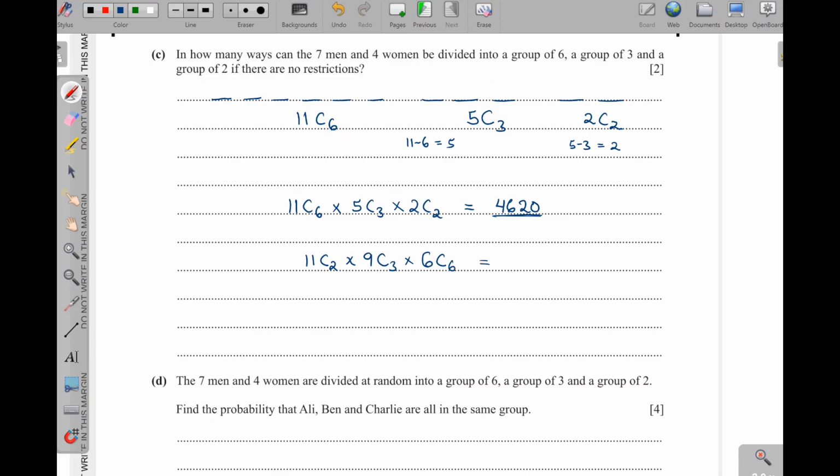And very many, you can begin from here. You say 11 combination 3, then times 8 combination 6, then you are remaining with 2, then 2 combination 2, whichever you want. Okay? So just because I started with a group of 11, with a group of 6, it doesn't mean that has to be the only